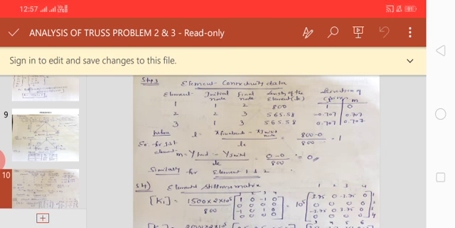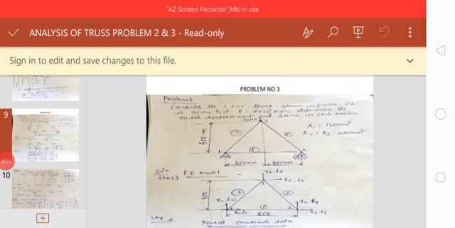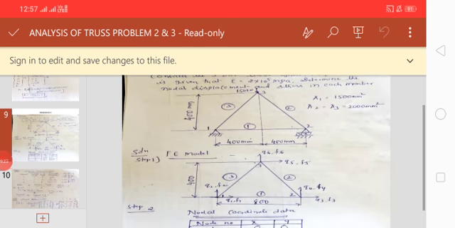Next, the length of the element, that is called the effective length of the element. Just observe the figure here, the effective length will be directly given there. The length of the element is 400 plus 400. If you add it, you will get 800 mm. That is the length of the element. It is also called the effective length of the element.